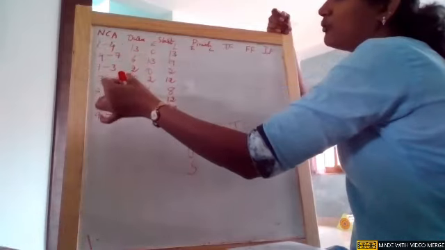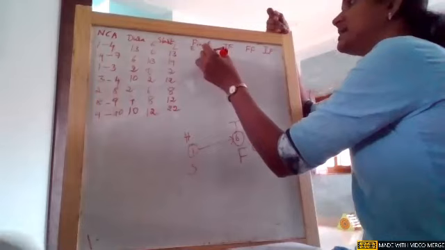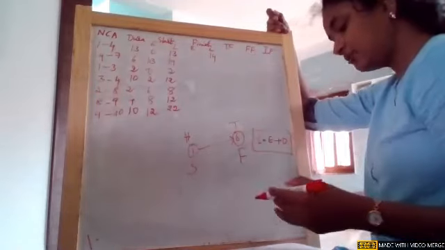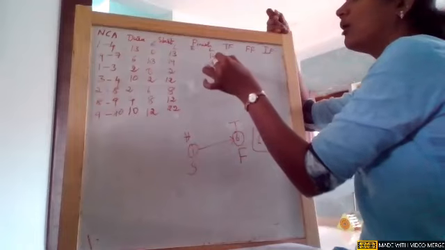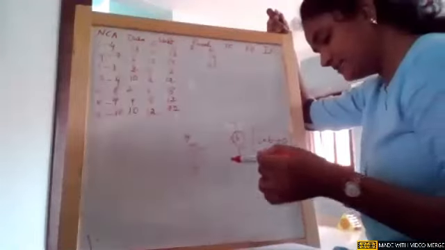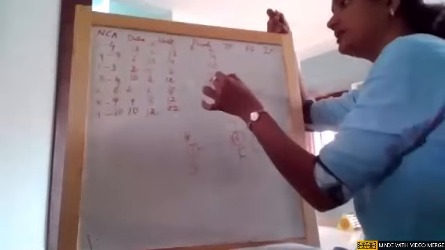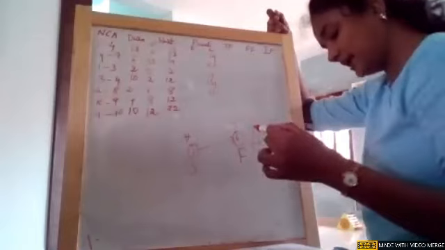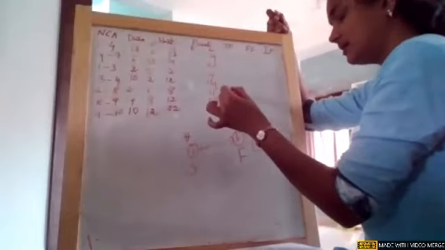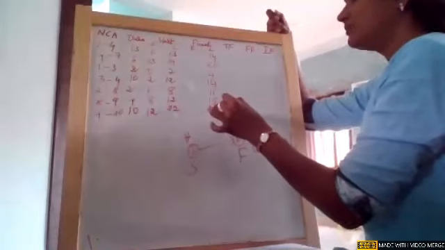Nodes 4, 7, 3, 4, 8, 9, 10, whatever is the latest. So on node 4, the latest time is 14. On node 7, the latest time is 20. On node 3, the latest time is 4. On node 4, the latest time is 14. On node 8, the latest time is 11. On node 9, the latest time is 15. And on node 10, the latest time is 25.